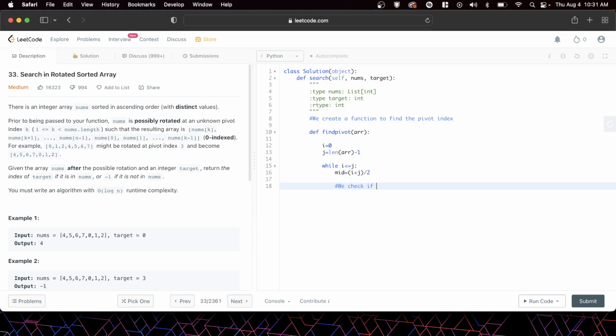Then we check if we are in the distorted portion. And by distorted portion, I mean this section. Sorry, I mean this portion, right? If we're in the distorted portion, then it means that if array at mid is greater than array at the last value, then our i is equal to mid plus 1. Else,